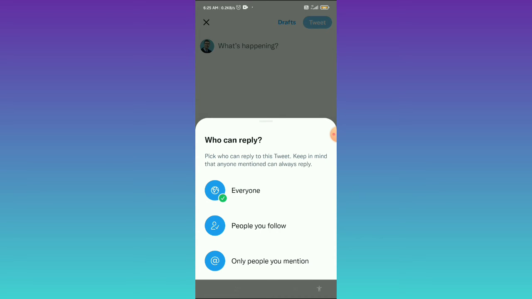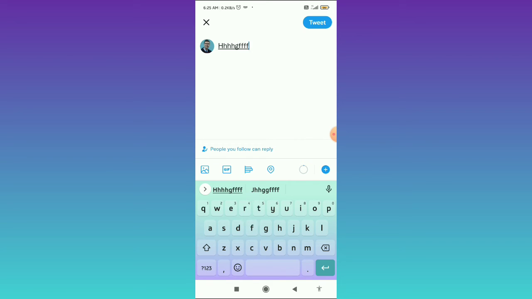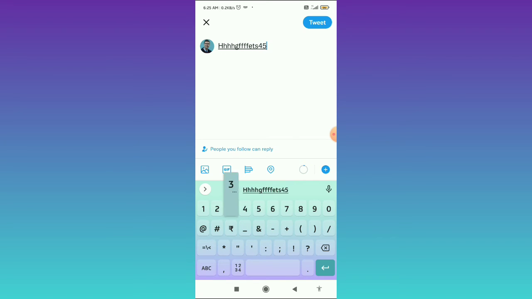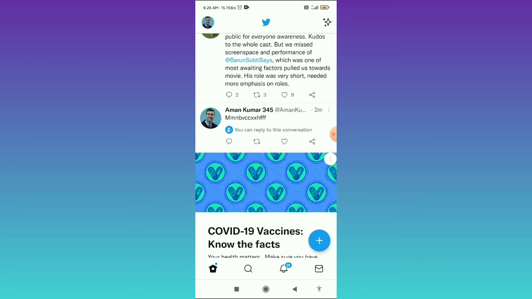So let's see, if you choose People you follow, then only the people you follow can reply to your tweets, and if you choose Only people you mention, then only people you mention can reply to your tweets. So let's say I choose People you follow, and here you can type anything, and let's see, I tweet this. Tap tweet in the top right corner, and from here you have to tap on your profile icon